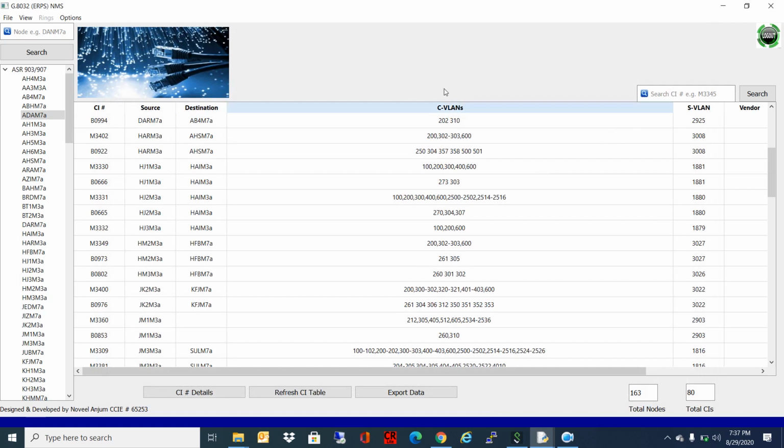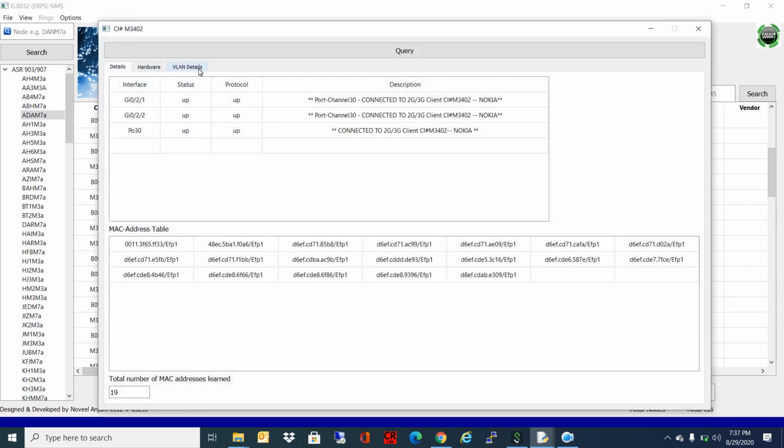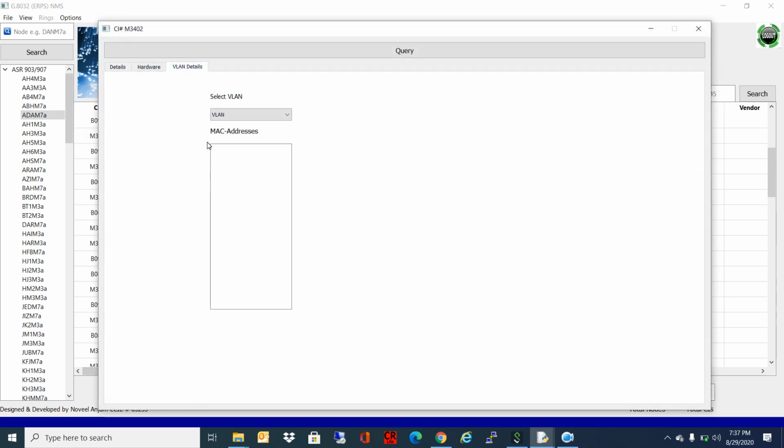So up till now I was talking about the features which I have already achieved in this system. Now I will talk about the features which we will add on in the future. For example, in the CI status, there is another tab, VLAN detail.